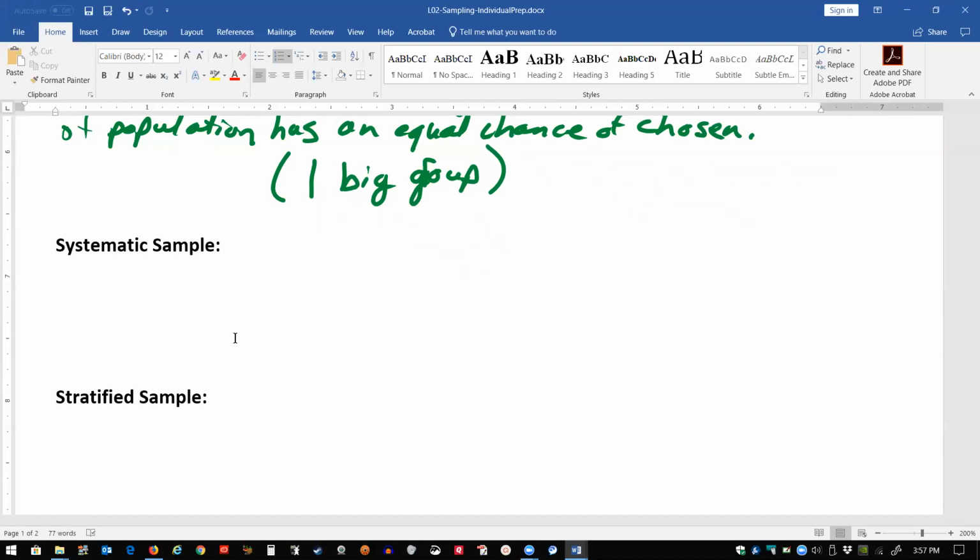But they can pull off so many at regular intervals to test, and that will give them a good idea of how the entire batch is going. So that's where we lean on a systematic sampling procedure again. Okay, so for this one, you're going to take, again, everyone in the population. So sampling from